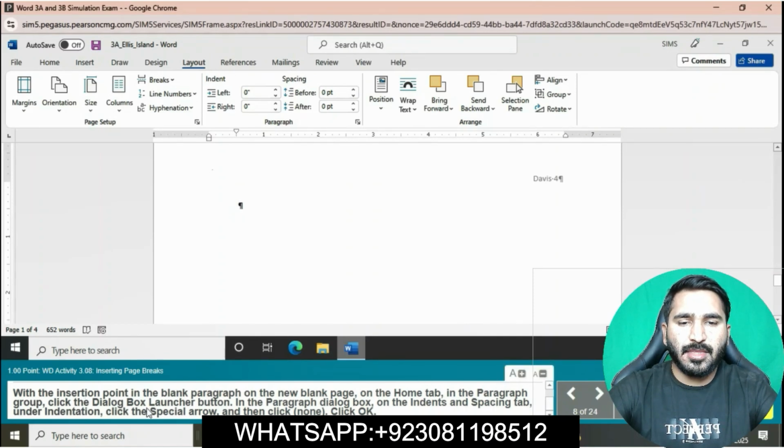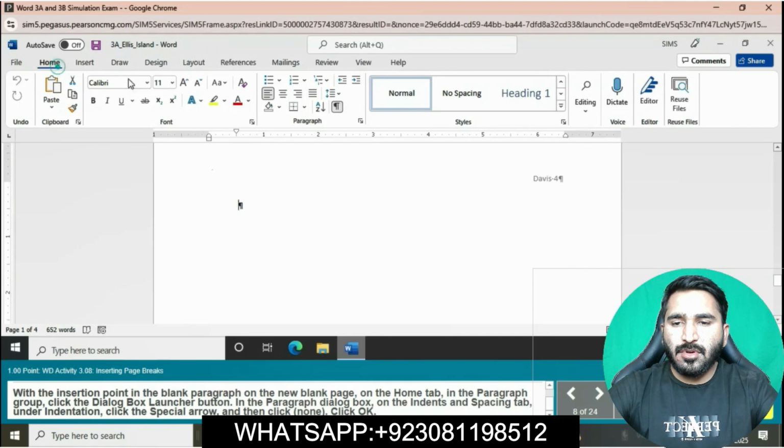Click on the new blank page with the insertion point in the blank paragraph. On the Home tab in the Paragraph group, click the dialog box launcher button.